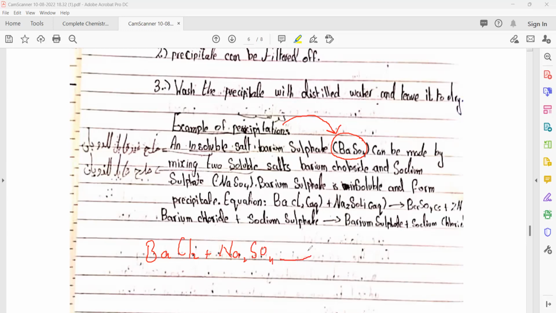When they both react together, this bond is broken from here and this bond is broken from here. So BaSO4 combines together, then what do you get? BaSO4 plus this chlorine and sodium combined together, and what do you get? NaCl,